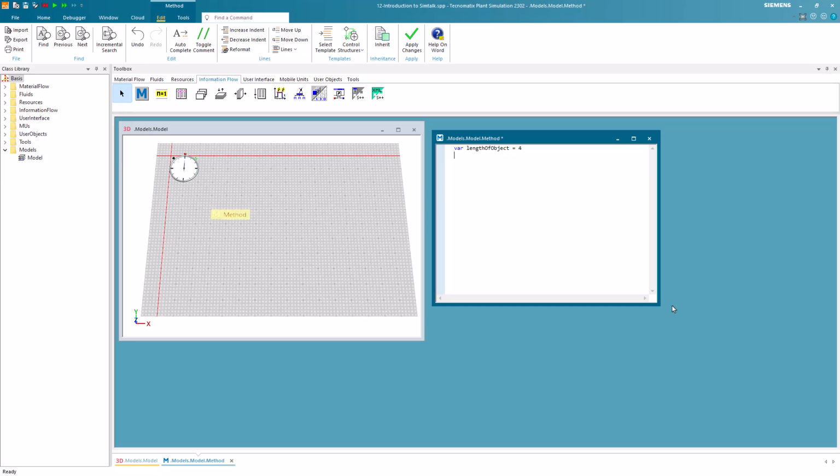The second data type we want to introduce is string. Strings are used to represent text rather than numbers. We again create a variable which we will call example text. When creating a string variable, we need to insert quotation marks around it. Into the quotation marks, we type Hello World.